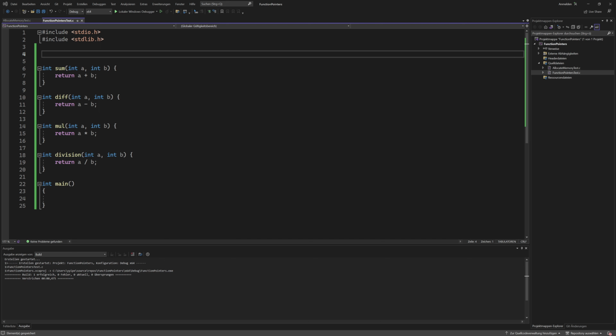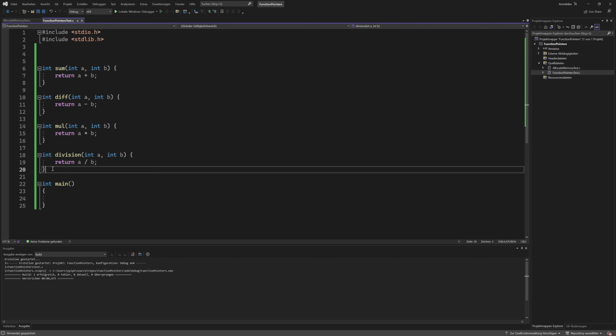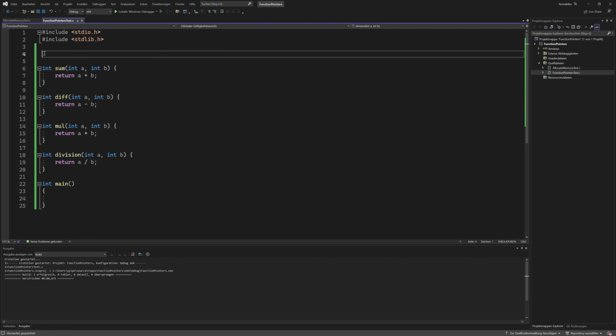So let's get started. I have already prepared 4 functions which have the same signature. The return type is int and they accept 2 parameters and they do something with them. In this first example we compute the sum, here the difference, here we multiply, and here we have the division. We will have another function which is called foo, and here we will pass just a single